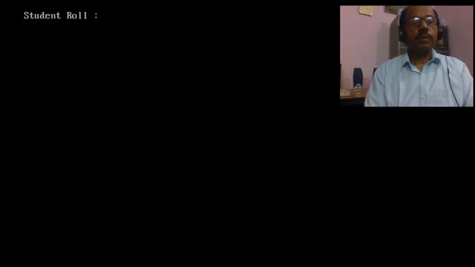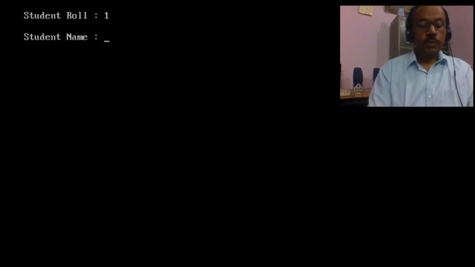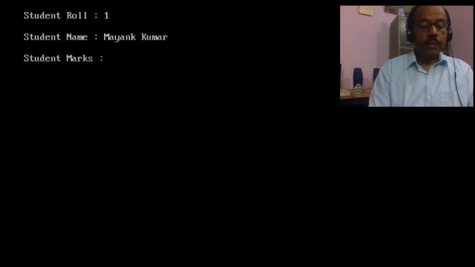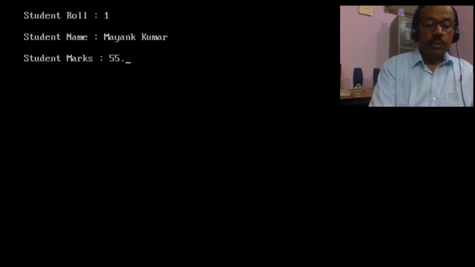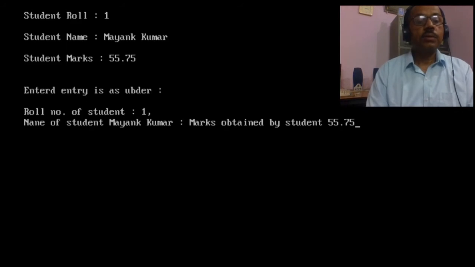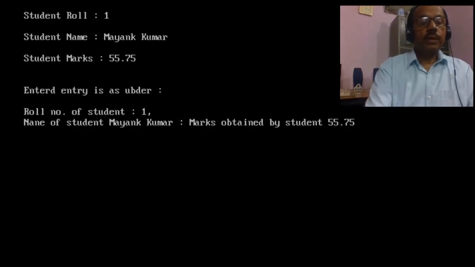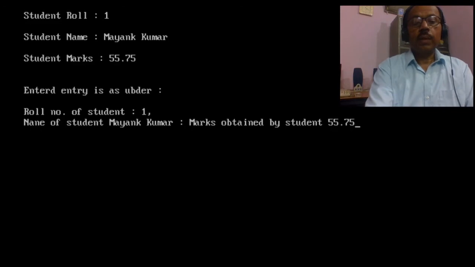So we have to enter the roll number. Roll number is 1. A student name is Mayank Kumar. He has obtained 55.75% marks. So all these are showing here: roll number of a student, name of a student, and marks obtained by the student.